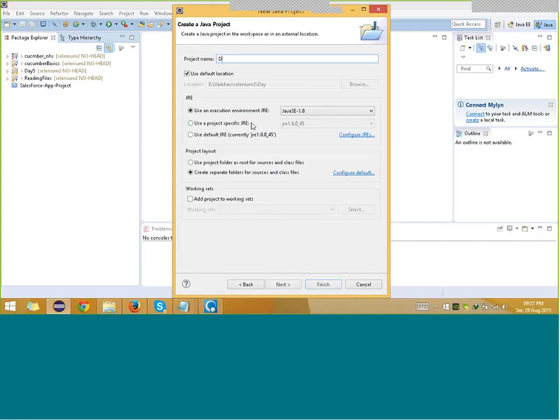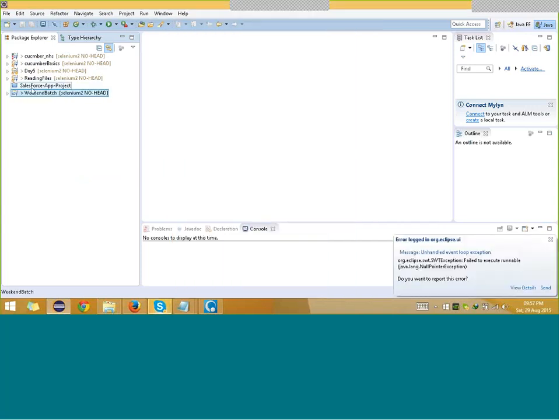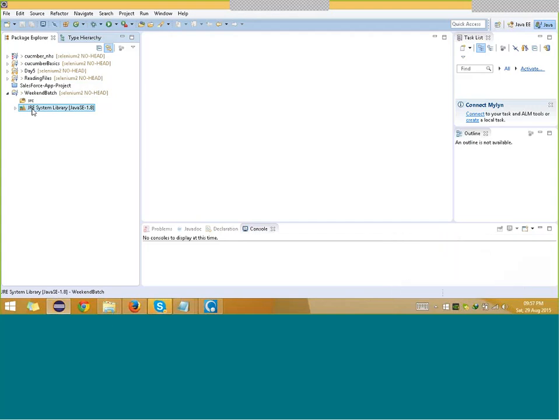I'll call it weekend batch, right? And finish. So this is a new project which is made. Fine. And if you expand it, you will have a source folder here and a JRE system library. Now, why am I emphasizing Java? The reason for that is,